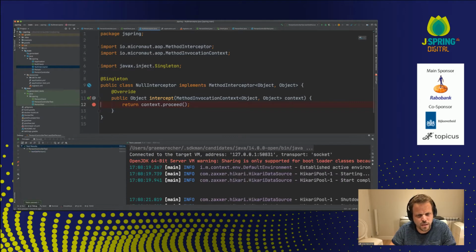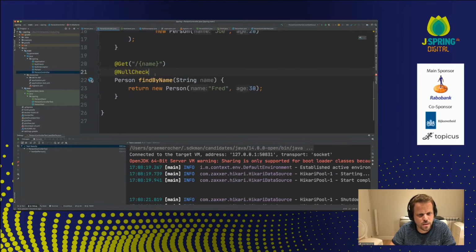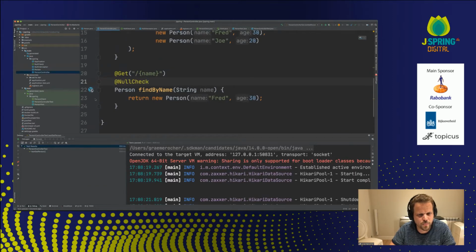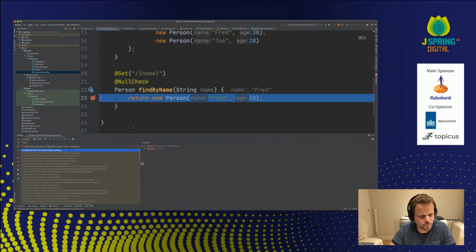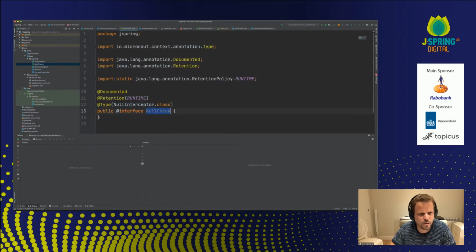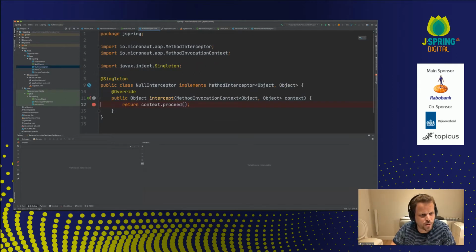it doesn't get hit. Why is that? So Python controller null check. Breakpoint here. Let's see, what am I missing? I know what I'm missing. You have to declare that this is at around, of course. So that should be at around.